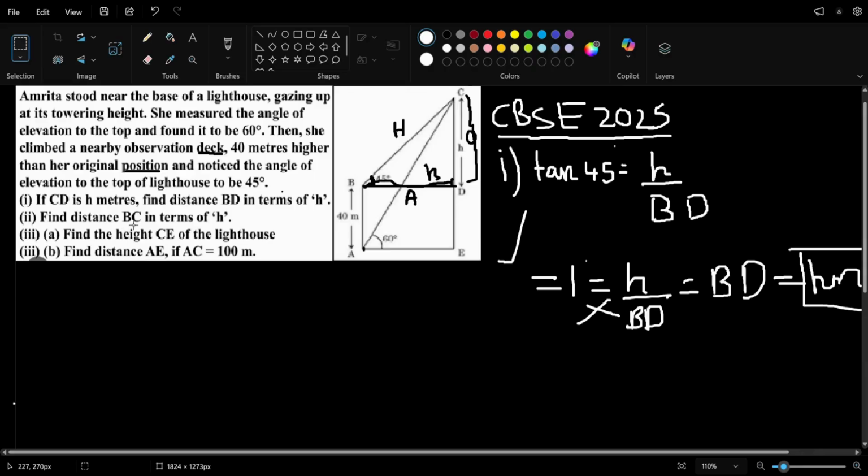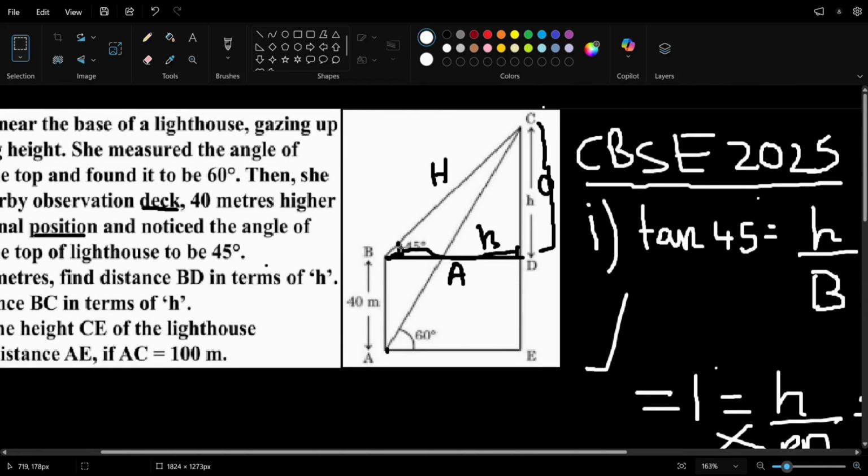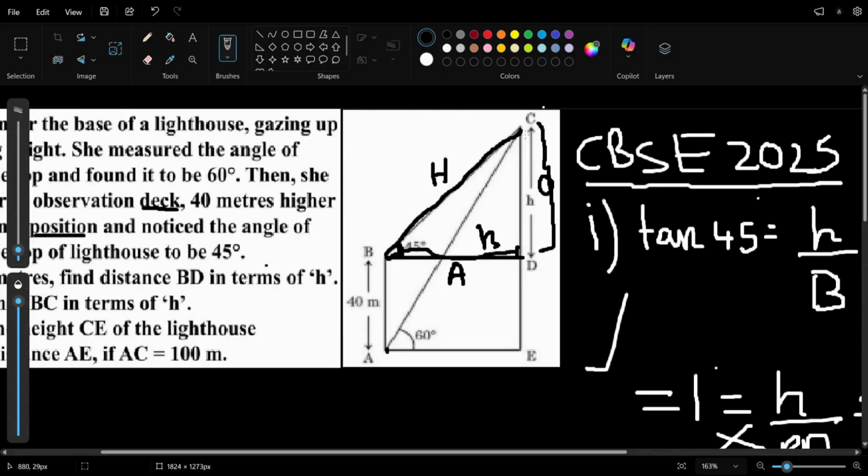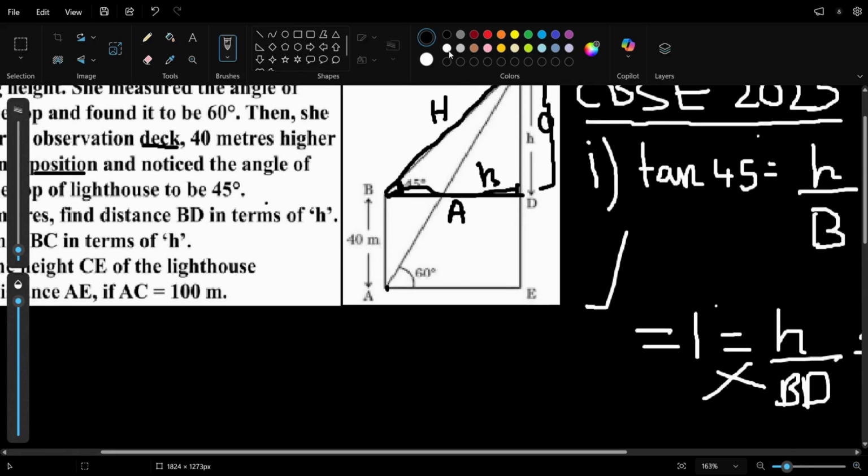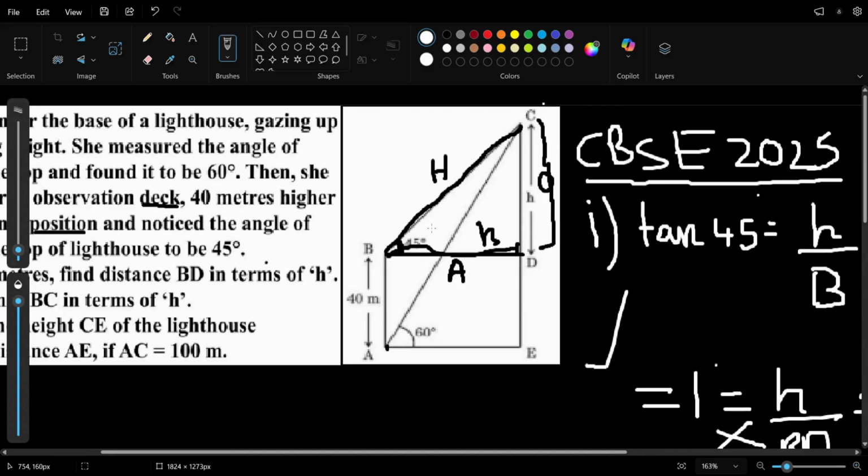Find the distance BC in terms of h. So BC is this, the hypotenuse. We have to find the hypotenuse in terms of CD, which is h. How do you find that? Same thing, same triangle. In triangle BDC, we have to find